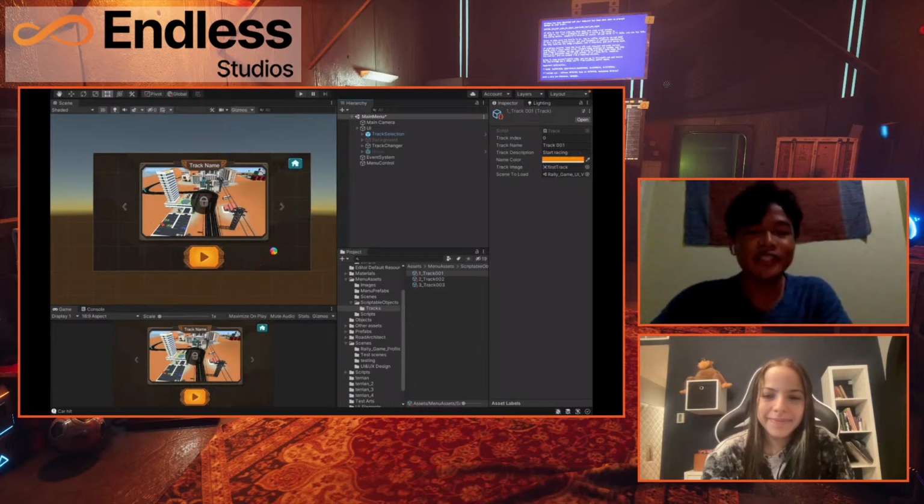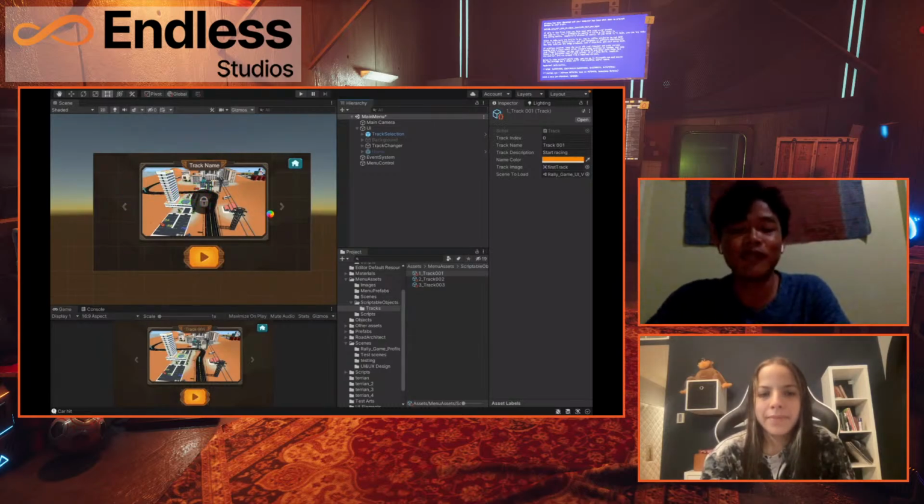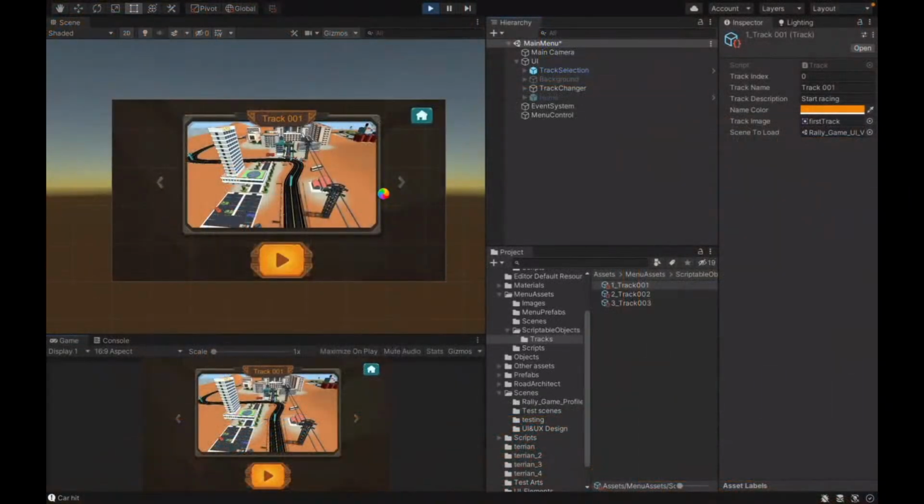And as I mentioned, I also keep the simplicity consistent. So there are not many components across this menu as well. Only the necessary components are needed, and it's very direct for the users to see and know what to do. So they can just either click play to play this track, or they can go back to the main scene to